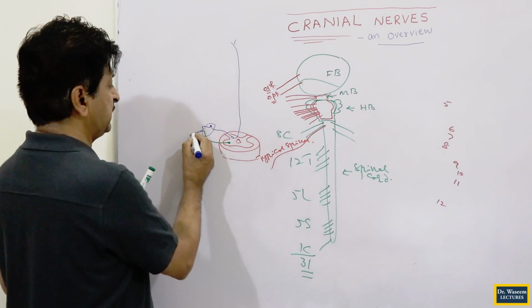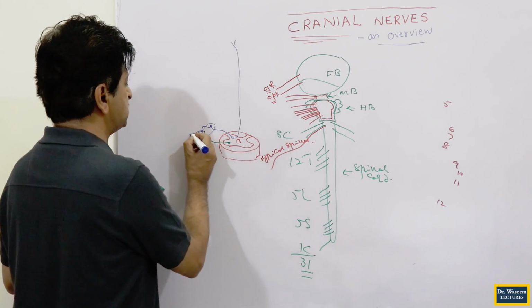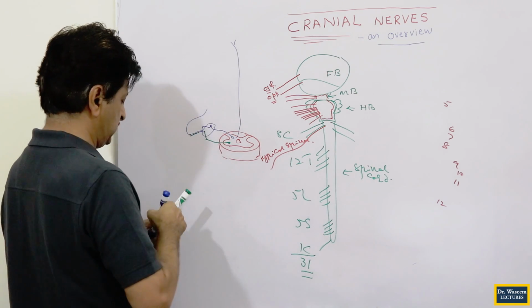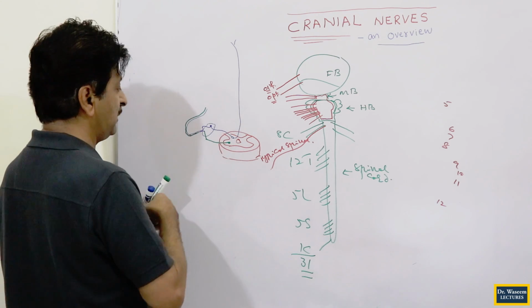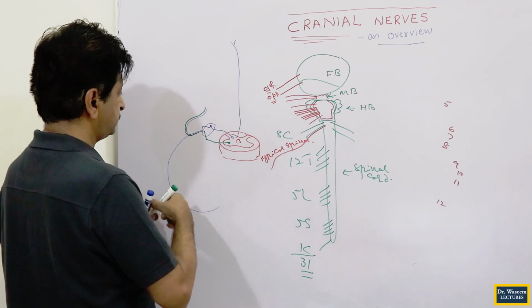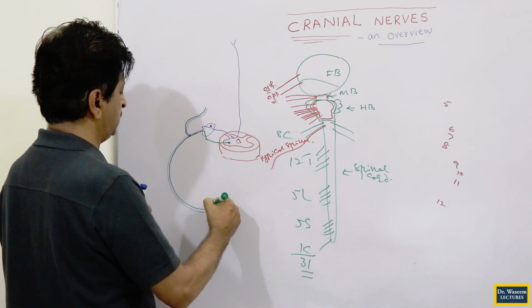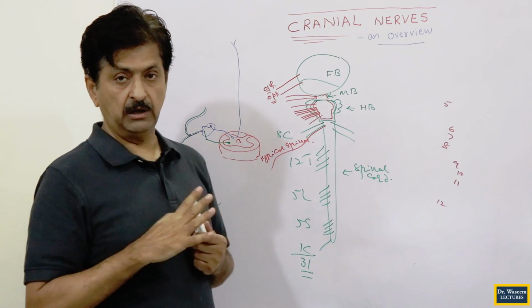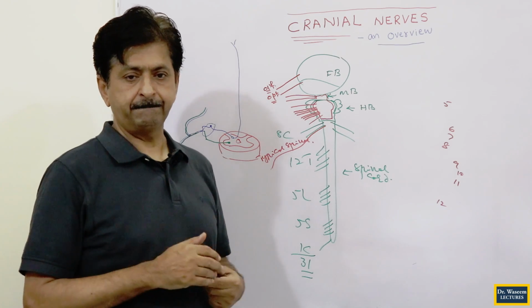You see that's the posterior primary ramus, which will have a share of its motor and a share of its sensory fibers. So the small posterior ramus will be there, which supplies the dorsal body wall, and a big anterior ramus will be there, which will have its own share of sensory and motor fibers, very long. And very long means it is running from cervical, thoracic, lumbar, sacral here.